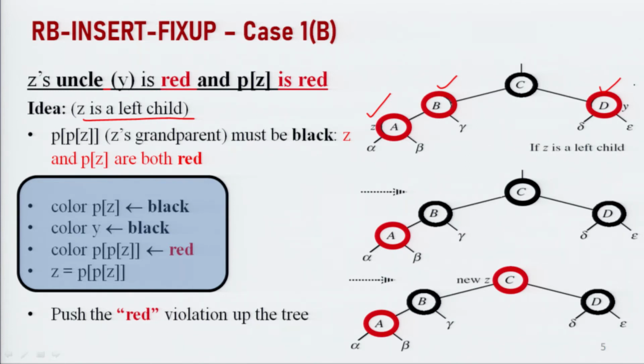We recolor the parent as well as its uncle and also its grandparent. The color of the parent and uncle will become black. Just see here, the black color is assigned to its parent and uncle and the red color is assigned to its grandparent. So, the color of the grandparent has become red. Now, finally, the grandparent would become Z. So, both are the same cases.